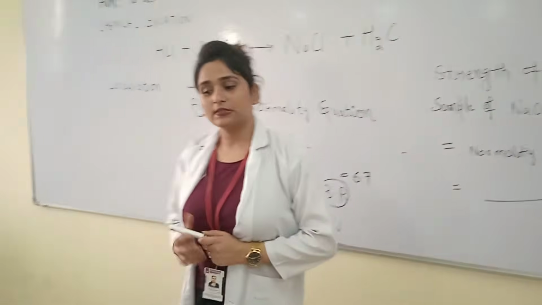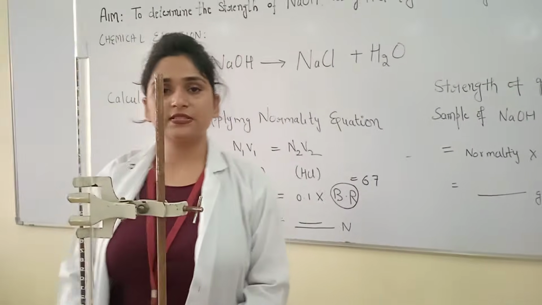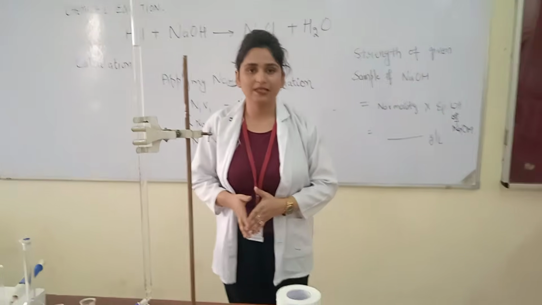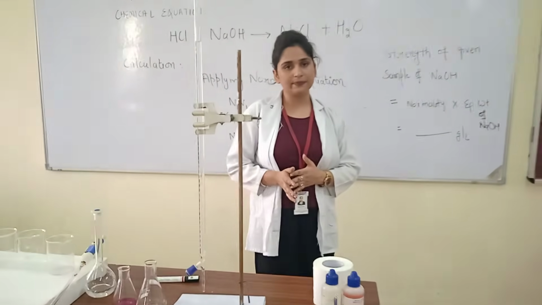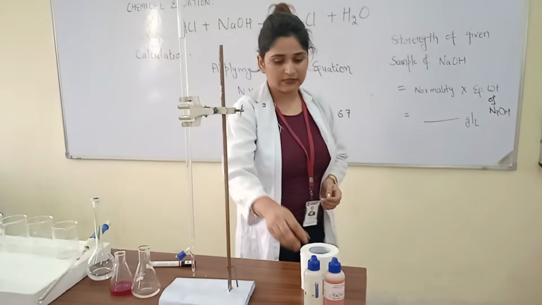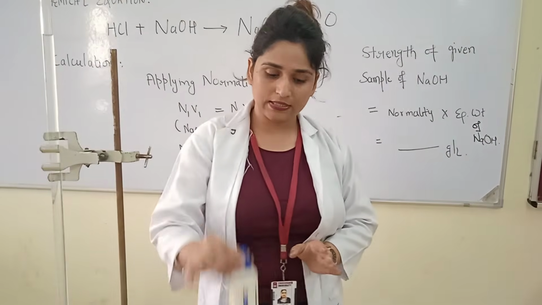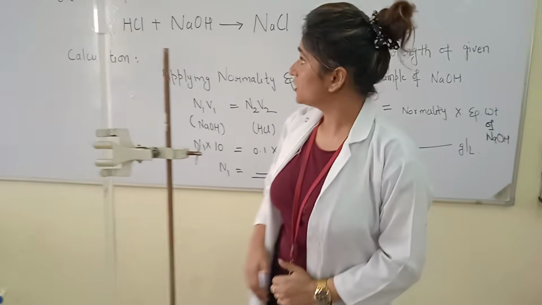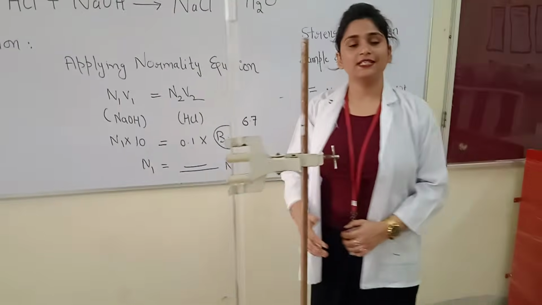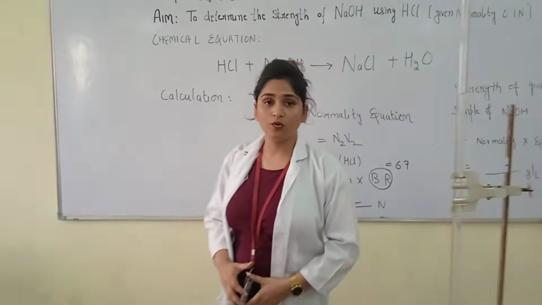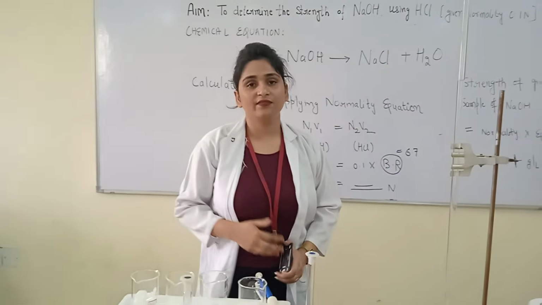So today we have discussed the acid-base titration of NaOH with HCl. One is the acid and another is the base, and we have seen the use of the acid-base indicator and how it shows the color. This is the color indication, and this is all about experiment number 3, and I hope you will try it at home, the theoretical part that we have done in our classes.